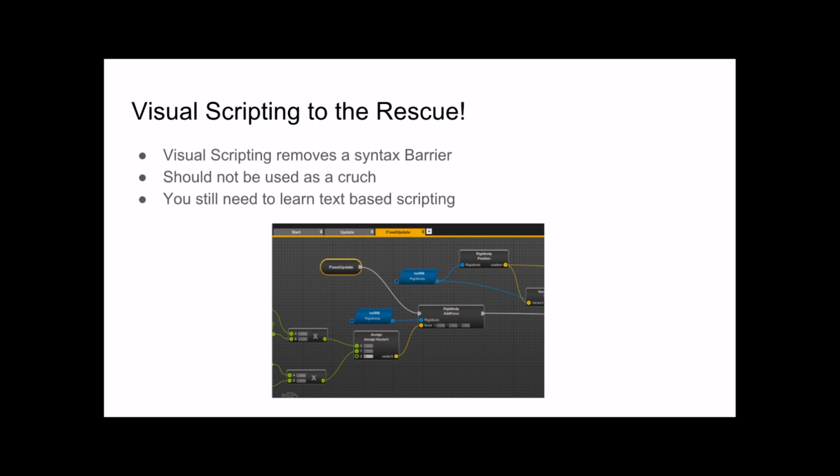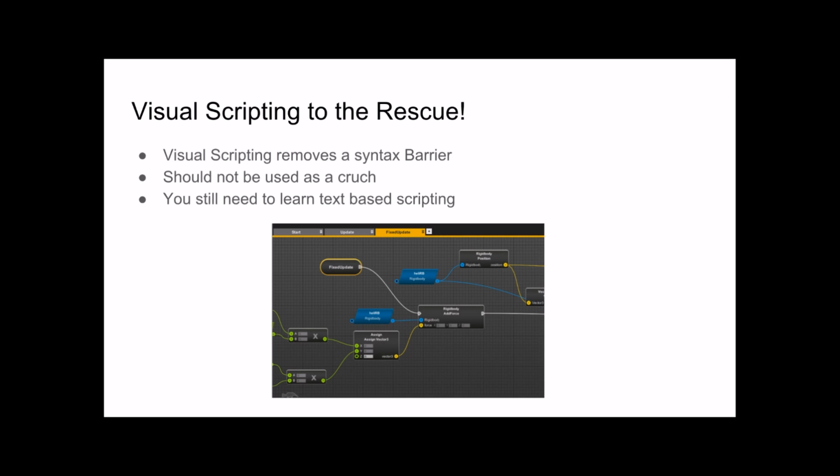So there are tools out there that allow us to remove this syntax barrier. Visual scripting tools. If any of you guys have used Unreal, there's Blueprint that they use that does a good job with this. But we're using Unity right now, so we want to use a Unity visual scripting tool. This should not be used as a crutch.